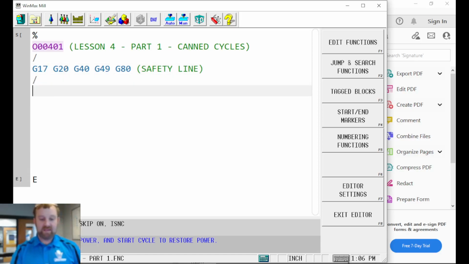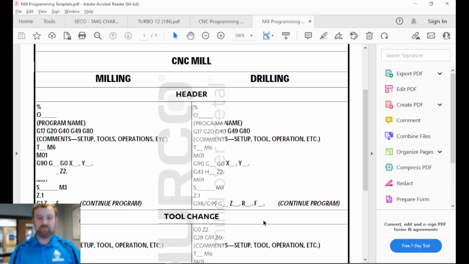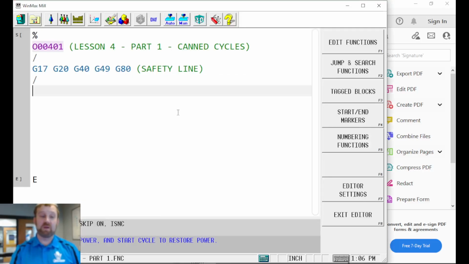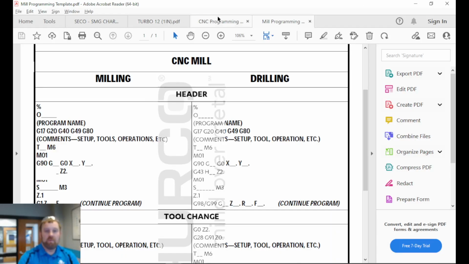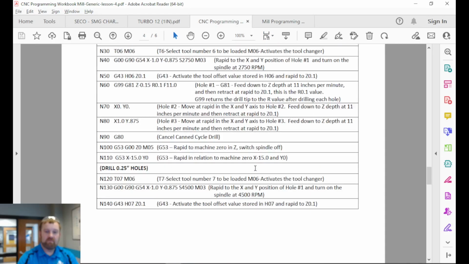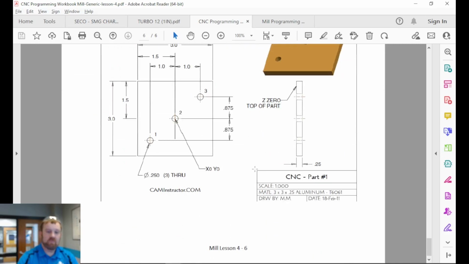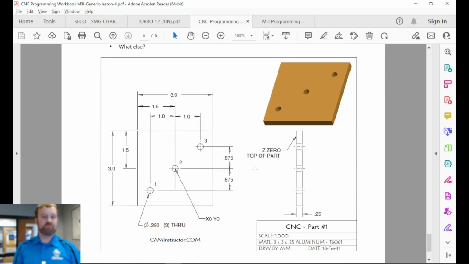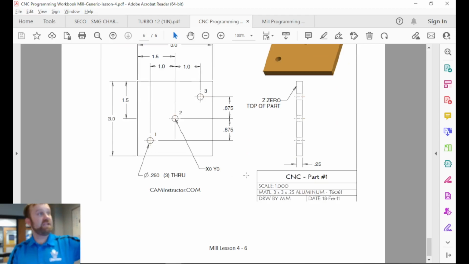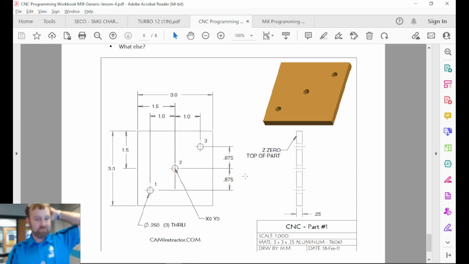Okay, next thing. Our comments, our setup, our tools, our operations. So we've got some information we're going to plug in here. First thing I'm going to do is I want to go look at this lesson 4, part 1 on my book here. I'm going to go down to the print, which is right here. Okay, there it is. There's the print. My PDF does not have the same page numbers as you, but you should have this page you can look at. All right. So for setup,